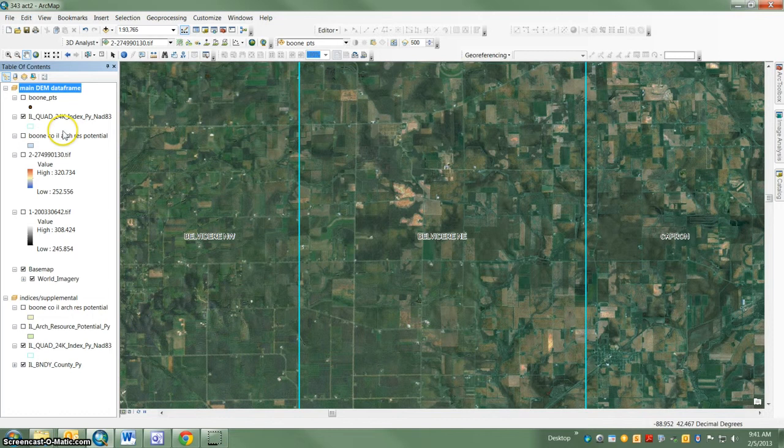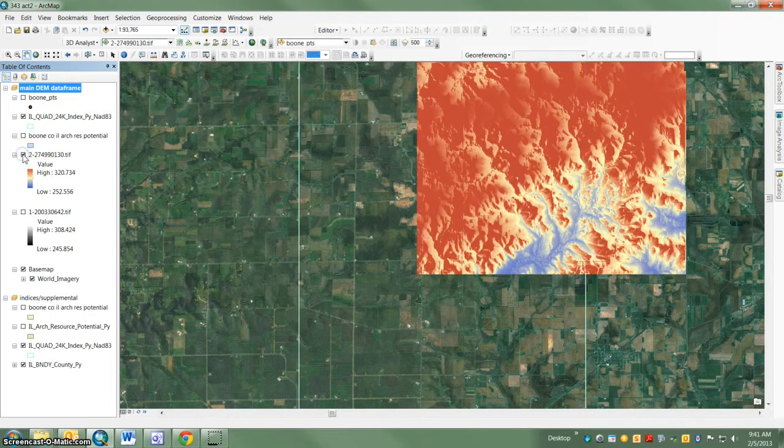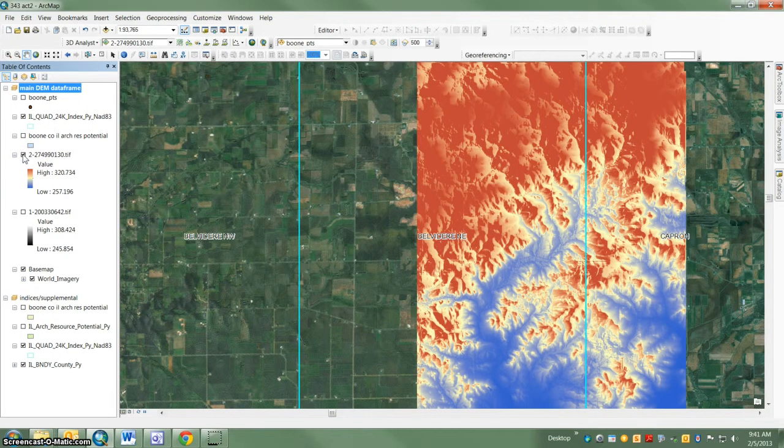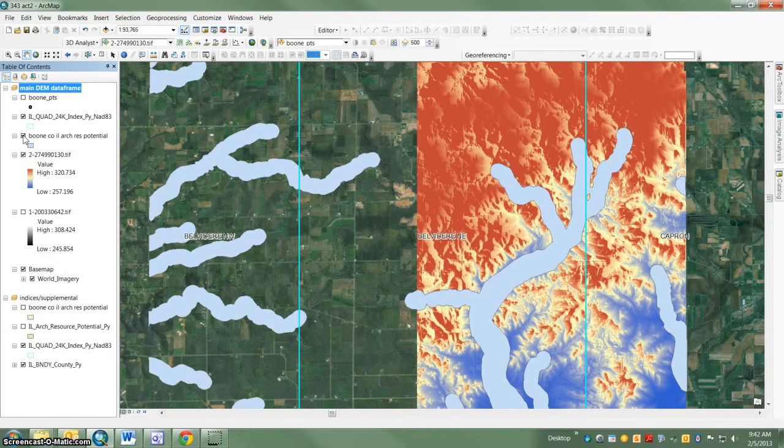The first thing, mainly, is just how I have this set up. You can see I do have the quad index turned on, and in this instance I do have a couple of these DEMs downloaded. One of them I've set up with a particular palette that I'm using to enhance the colors of the digital elevation model. I do also have the Boone County, Illinois Archaeological Reserve